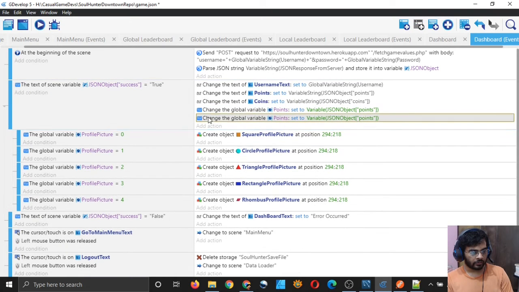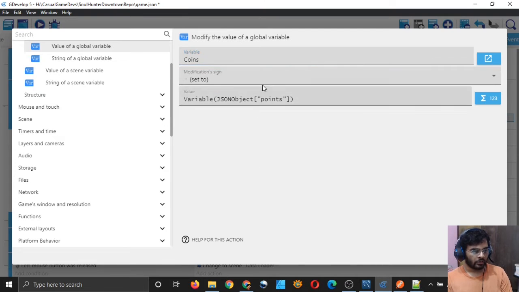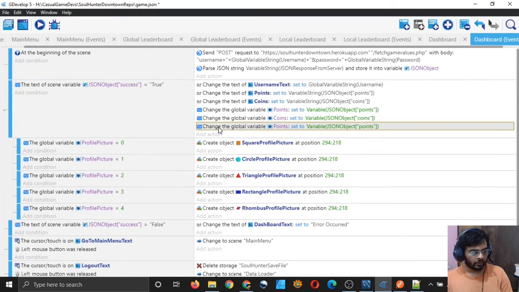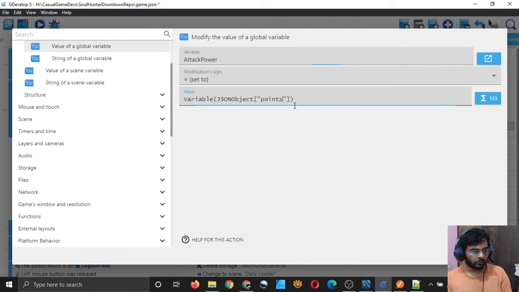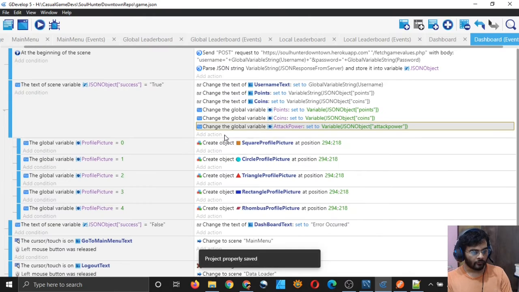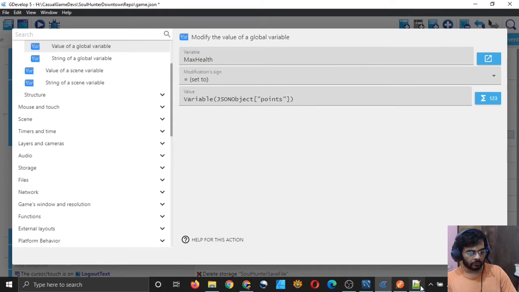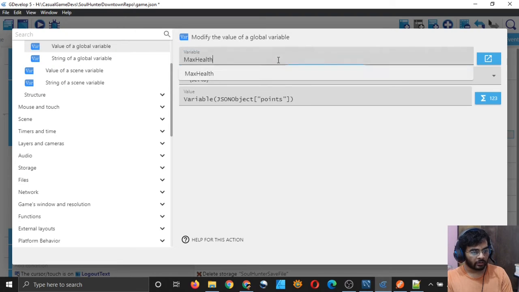Copy this and paste it and double click it, and instead of coins choose coins and equal to coins, and click on OK and paste again, and instead of points I need attack power and equal to the field attack power. Paste again, double click, and attack. After attack power I need bullet firing cooldown, stage 1 unlocked, stage 2 unlocked, and then max health.